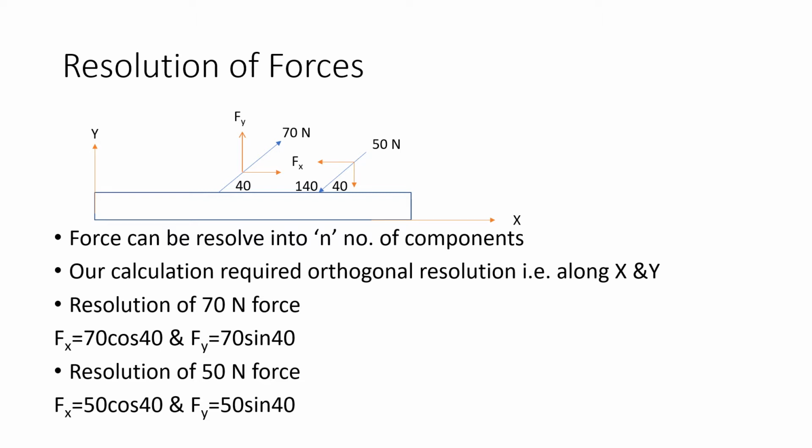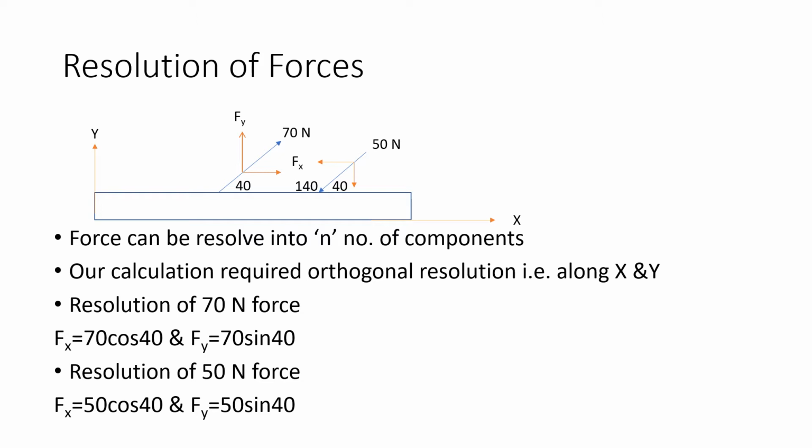There is a beam or a member which is acted on by two forces, that is 70 and 50 Newton, at an angle of 40 degrees each. So for our calculation, everyone knows that the equilibrium conditions are three: Fx, Fy, and summation of moment. That is, Fx is equal to 0, Fy is equal to 0, and summation of moment is equal to 0. So for analyzing that member,